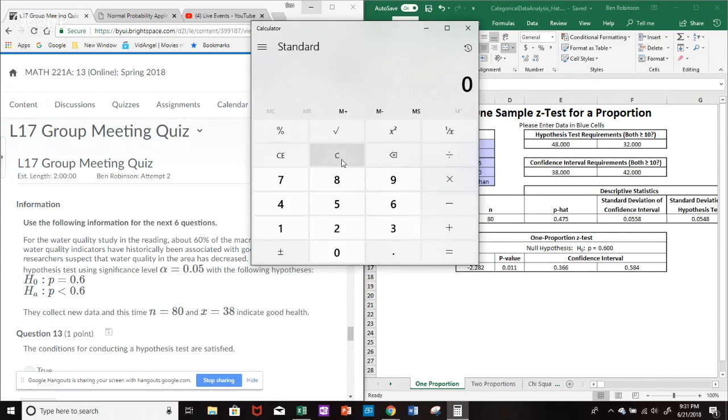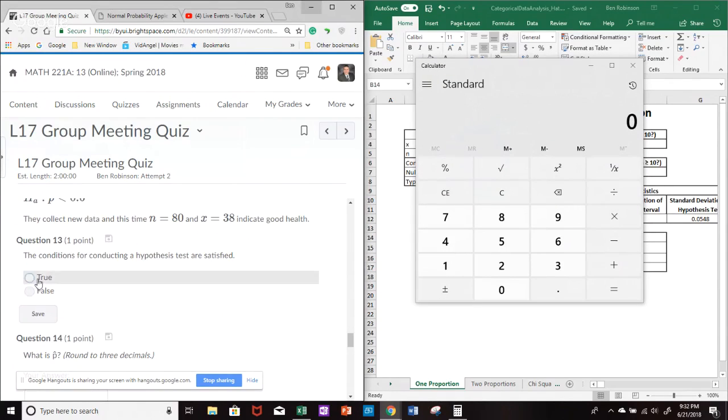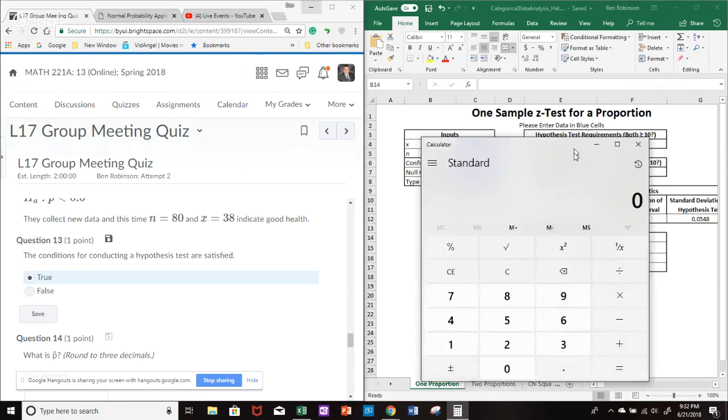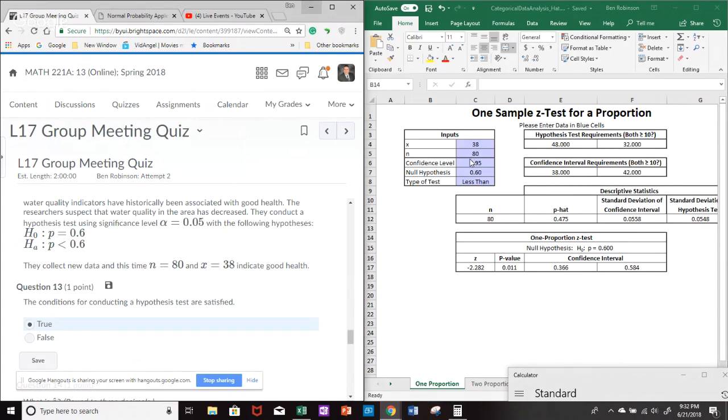And then it also has to be that N times 1 minus P, so N times 0.4, is also at least 10. Great. So you said true, that is right? True. Yeah. And then I put in the information over here, 38 for good health, 80 N, 95 confidence level,